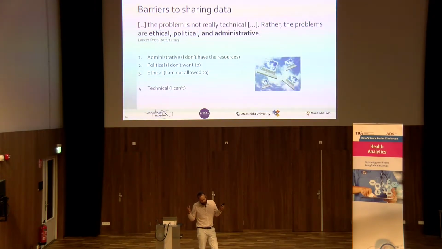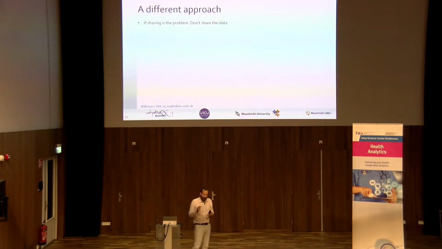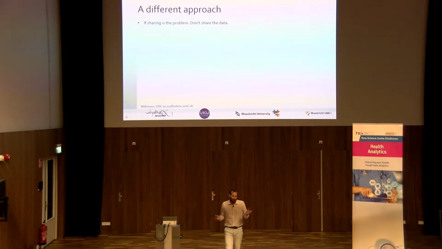We said, well, if we want to build an infrastructure to do learning, we have to find a way to not share data, right? So if sharing is such a problem, then don't. Think about a system where you don't need to share the data. But then you have a Mountain and Muhammad problem. Because if the mountain doesn't come to Muhammad, Muhammad has to go to the mountain.